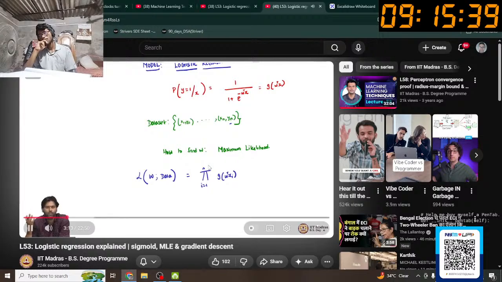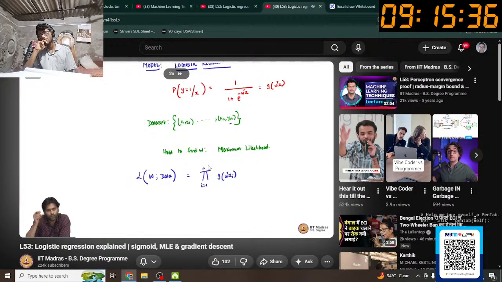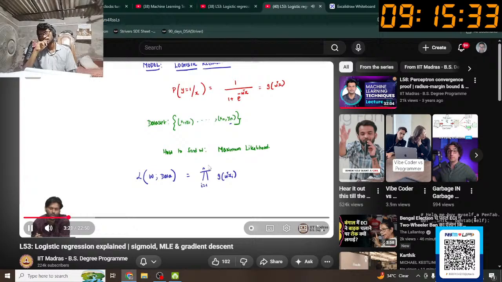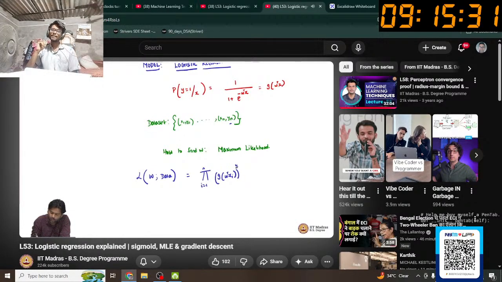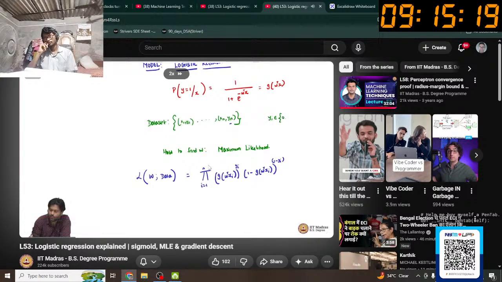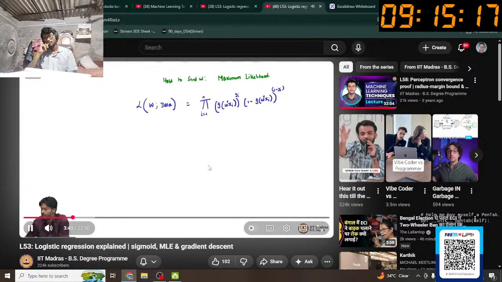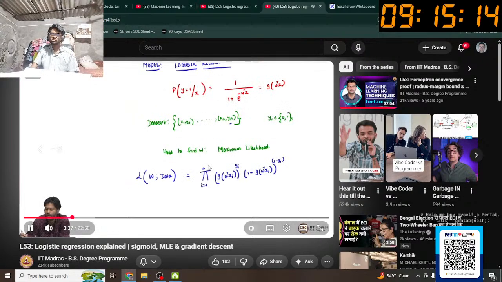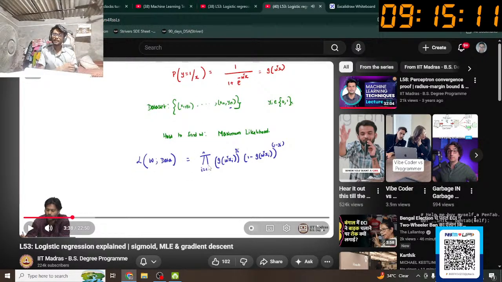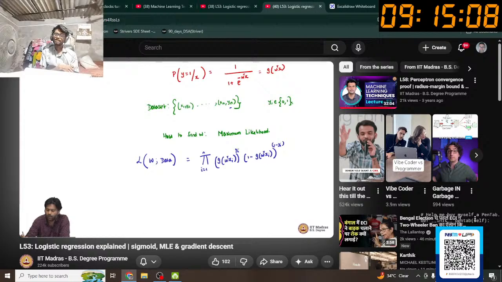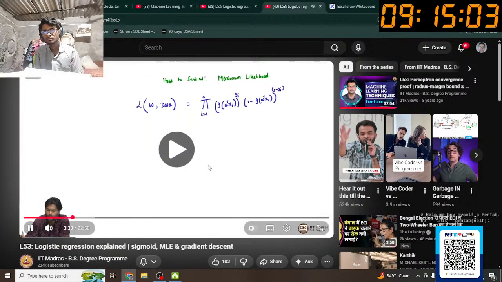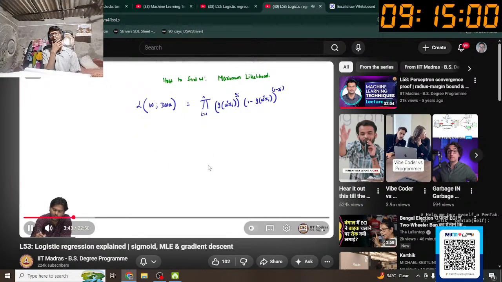If you remember the Bernoulli maximum likelihood function that we wrote down, it's exactly similar. Just that there it was just a p. Now that p has a functional form which is g of w transpose x. So g of w transpose xi power yi into 1 minus g of w transpose xi power 1 minus yi. Here, of course, we are assuming yi is 0 or 1. Of course g has this functional form, but before we plug in g's functional form, let's take the